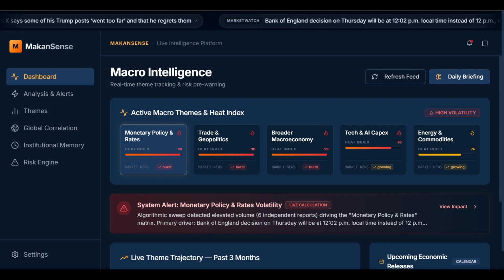Every day, asset managers are bombarded with thousands of data points, central bank speeches, inflation prints, geopolitical shifts, regulatory announcements. The challenge isn't access to information, it's making sense of it, fast, accurately, and without missing what matters. That's exactly what Makan Sense was built to solve, a real-time macroeconomic intelligence platform that doesn't just aggregate news, it